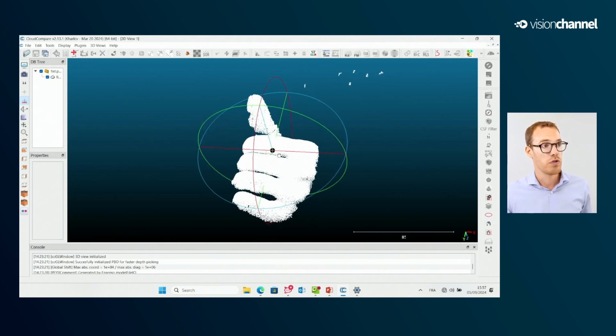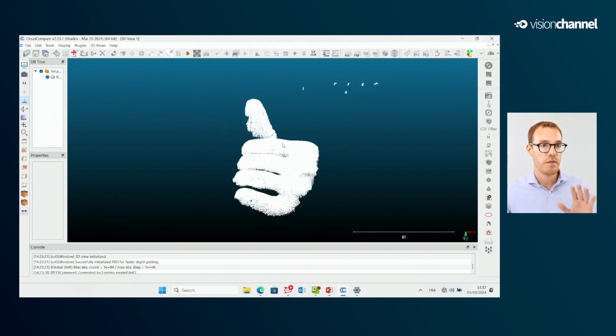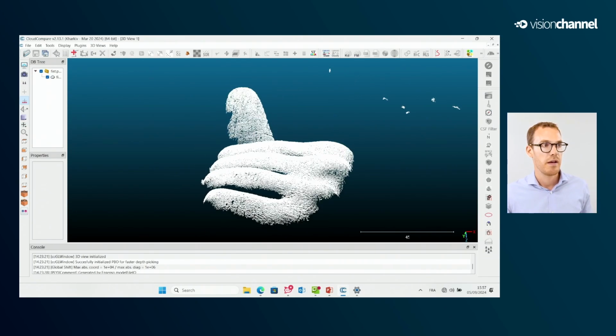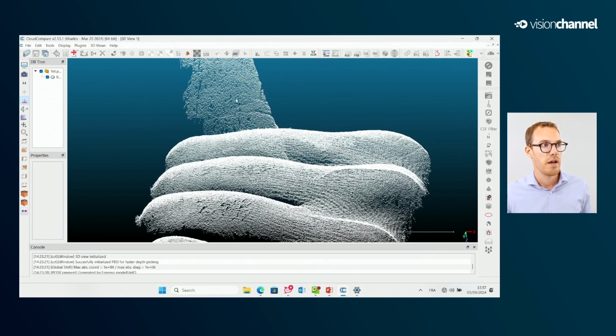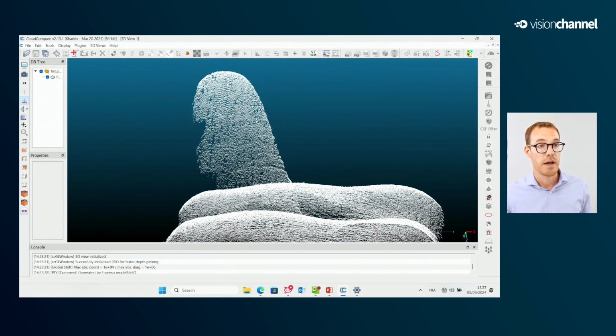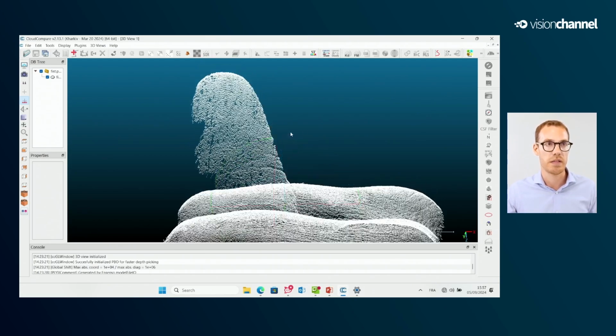This is the first 3D point cloud I made with this camera. I could get my fingerprints in the point cloud, which is amazing. Amazing spatial resolution, amazing data quality.